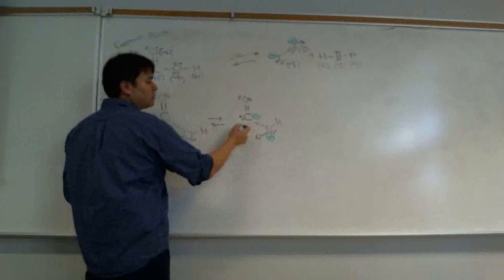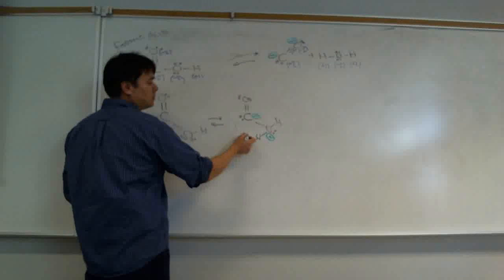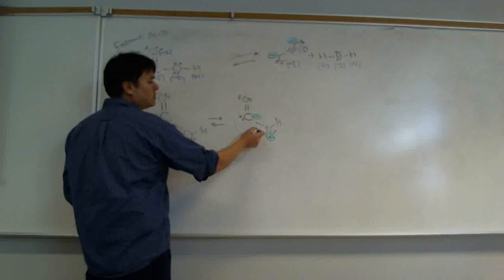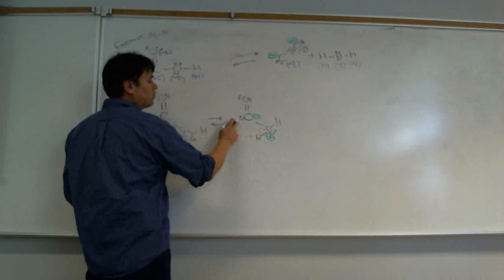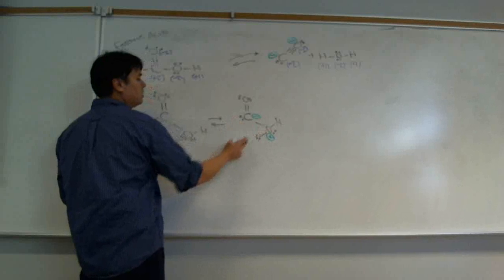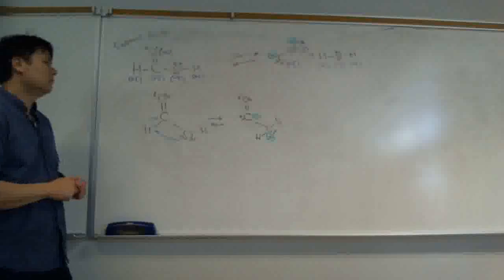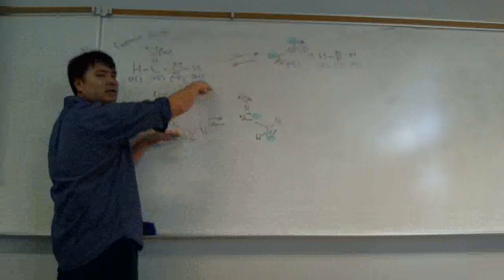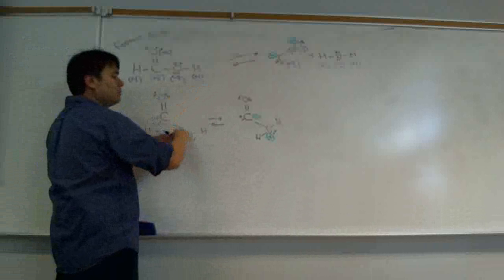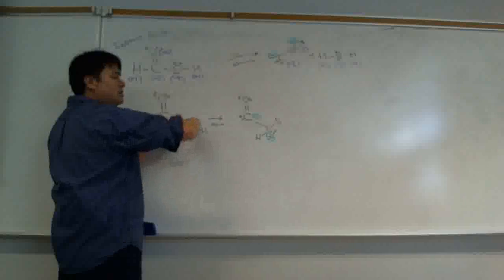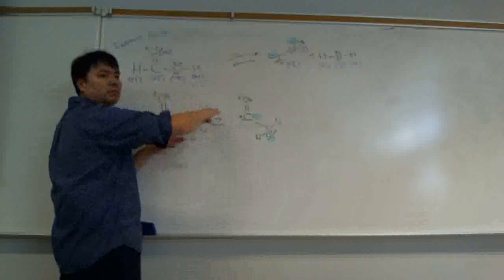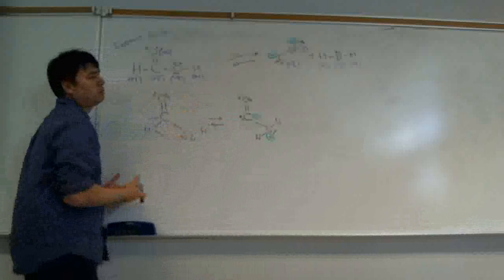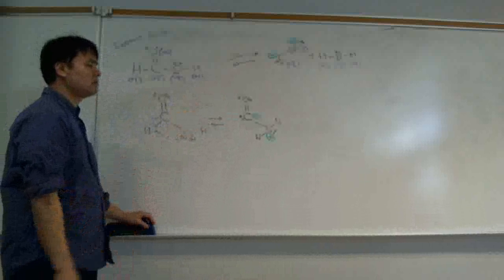And so this is highly unstable, and what can happen is this carbon can pluck the hydrogen back off and leave this lone pair. So, you know, just a reverse. This carbon plucks that hydrogen and leaves these electrons behind, and then we can regenerate what we started with. What this means is we're going from something fairly stable to something quite unstable. In order to do that, the activation energy is going to be kind of big here. And so if this is the first step of formic acid decomposition, then it's not going to be so favorable